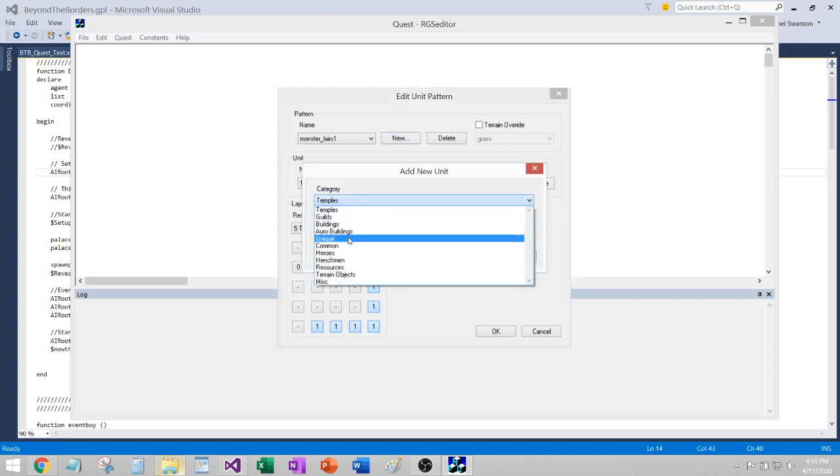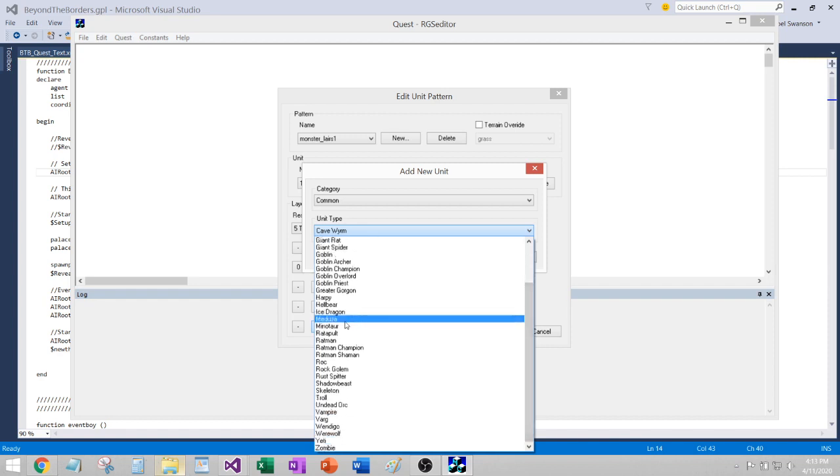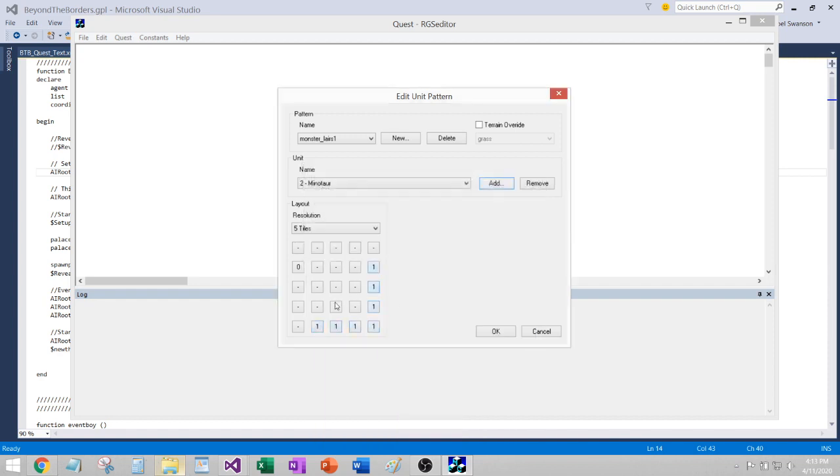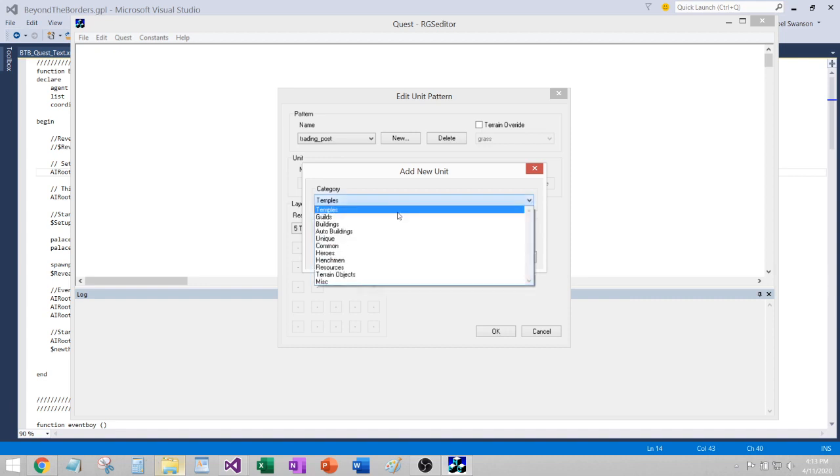Let's go ahead and add in a Minotaur. We'll just have him right in the middle there. Okay. So you've got our 2 different patterns. We'll go ahead and make one more. Let's call this Trading Post. And this is just going to be